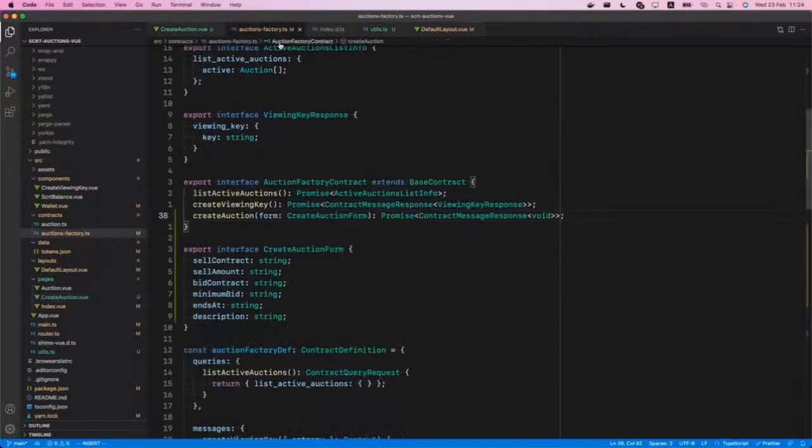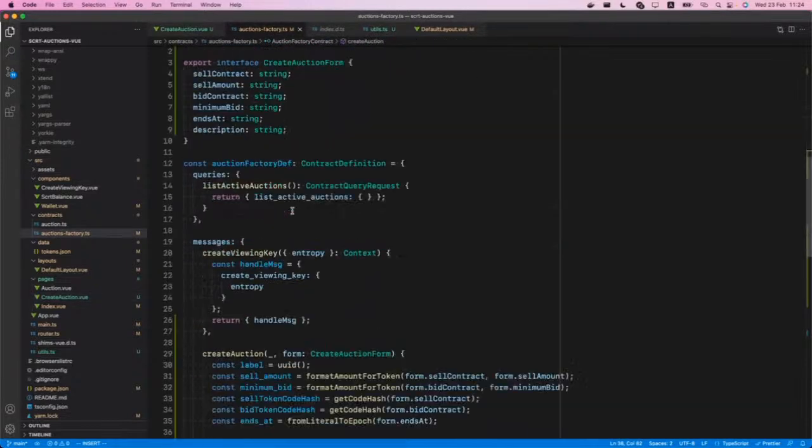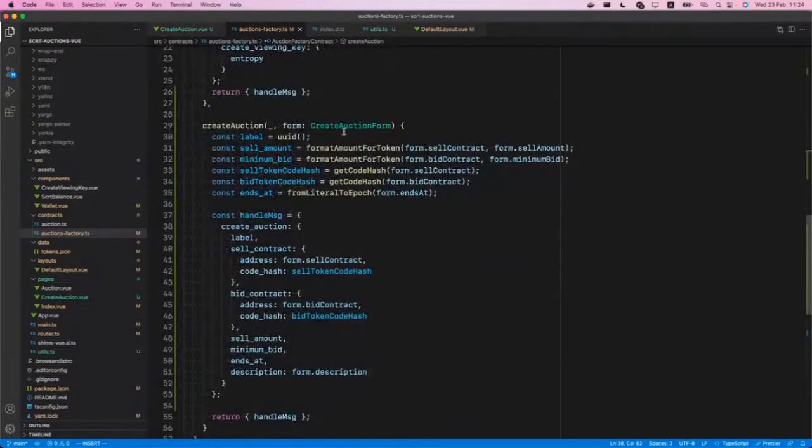And then after that, we are just executing this message. We are transforming some of the data that is coming in from the form to properly be passed into the message. And I think that's pretty much it. So let's see how